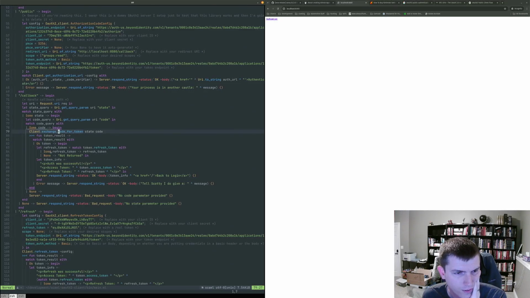Because if we get to this error, which is where we're at, that means that token result did not match with a valid token response type.